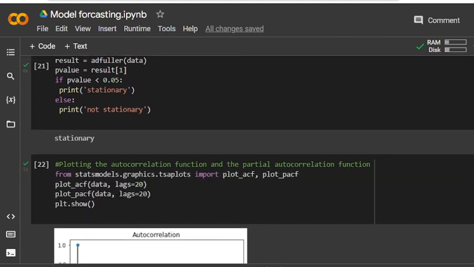So now, plotting the autocorrelation function and the partial autocorrelation function. Let's start: from statsmodels.graphics.tsaplots import plot_acf, plot_pacf. plot_acf data, lags 20, and plot_pacf data, lags 20.